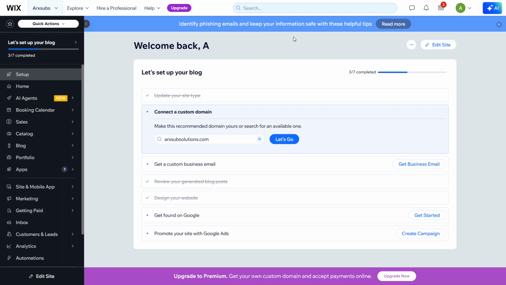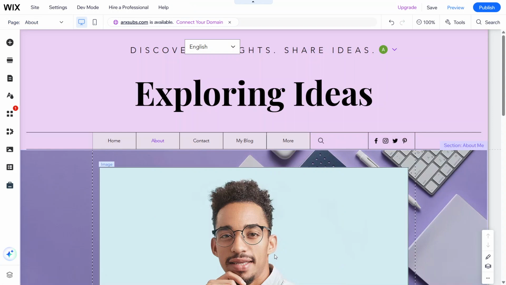Now, shift your attention to the top right corner of the screen. You should see a button that says Edit Site. Go ahead and click that. This will open your website in the Wix editor in a new tab or window where you can actually make